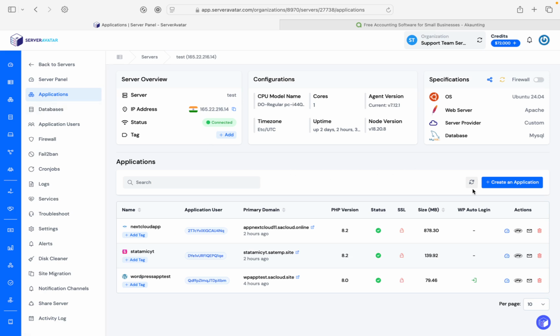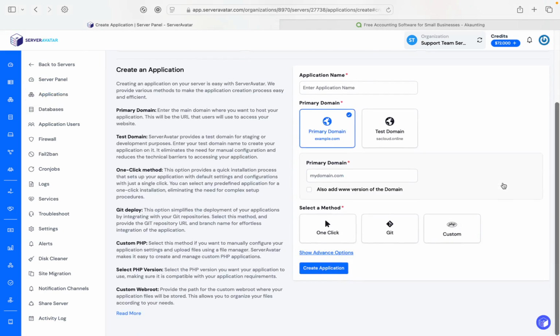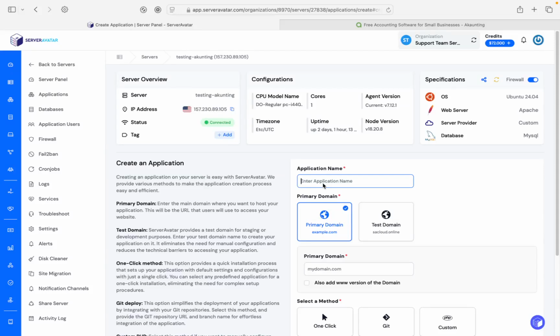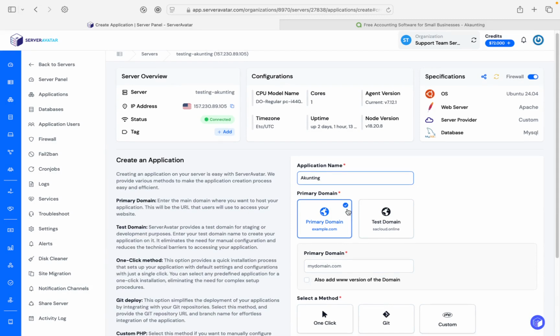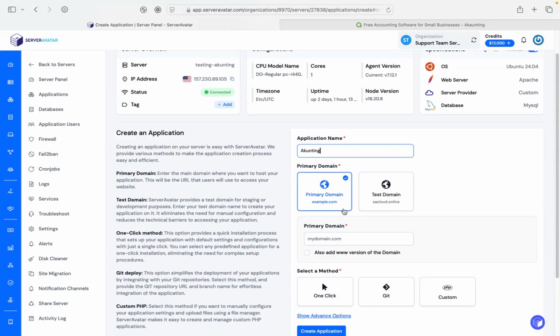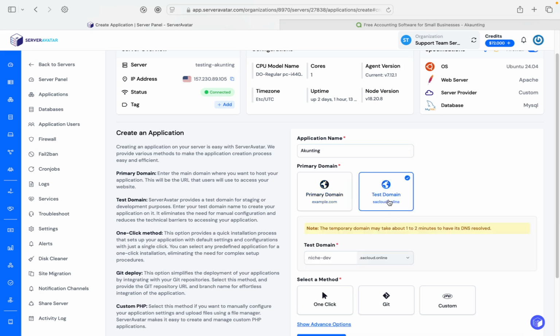On applications, click on create an application. The name is accounting. Then we have options to select a primary domain. Here we have two options, primary domain and test domain. Primary domain is when you want to host your application on your own domain. Test domain is the temporary domain provided by ServerAvatar. For this tutorial, I am going to select a temporary domain. So give a temporary domain name as accounting app,